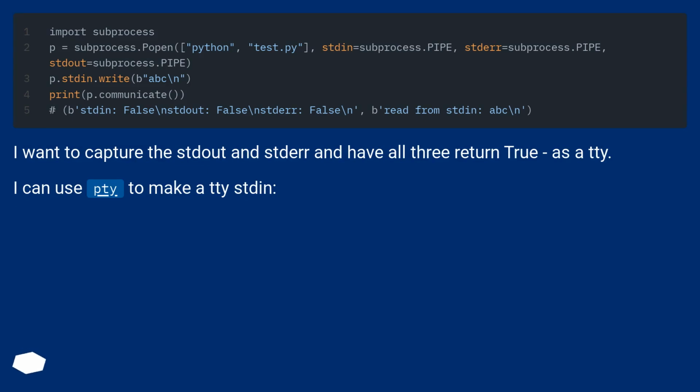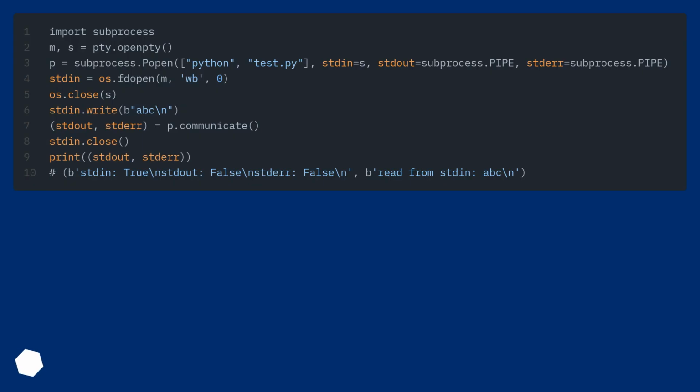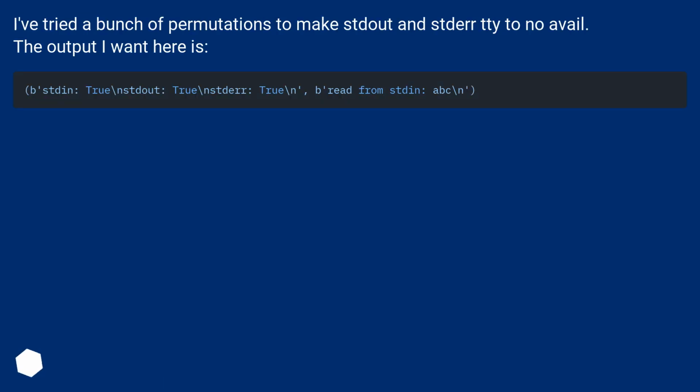I can use the pty module to make a TTY stdin. I've tried a bunch of permutations to make stdout and stderr TTYs to no avail. The output I want here is